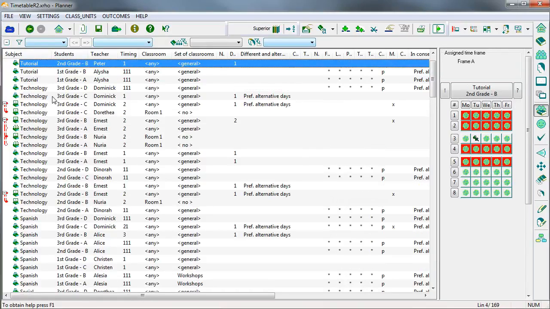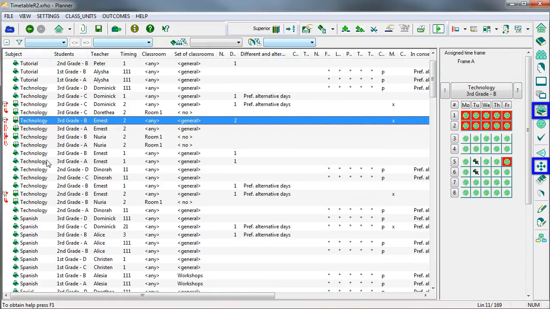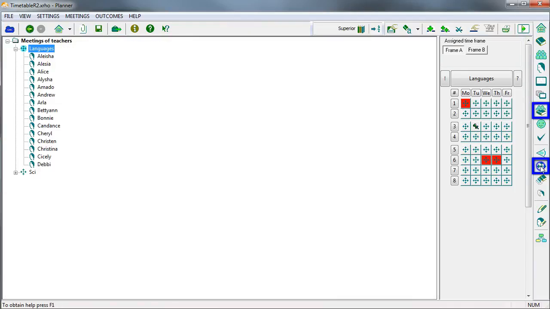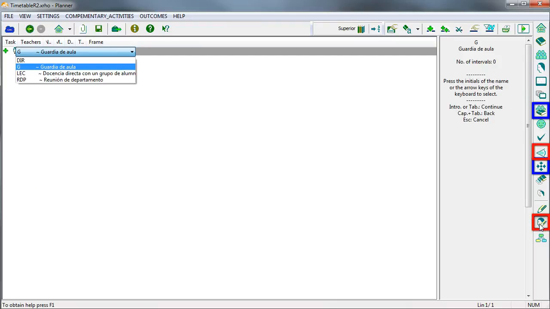The projection mechanism could also be useful, for example, to obtain the timetable. Then, once the class units and meetings are added on top of a fixed timetable, you can add the complementary sessions or